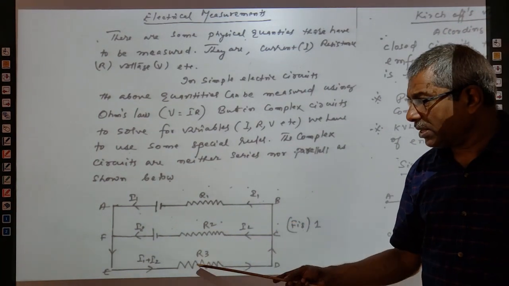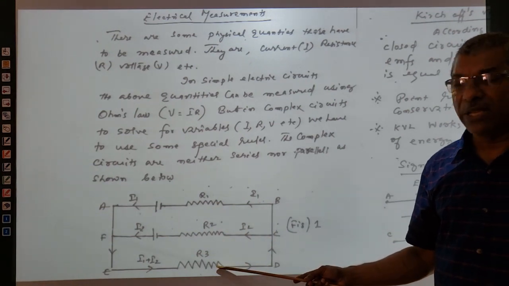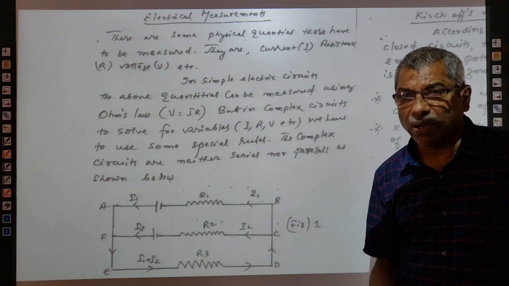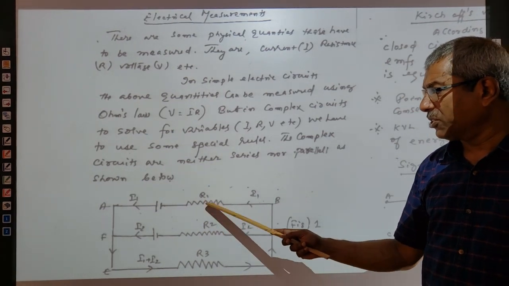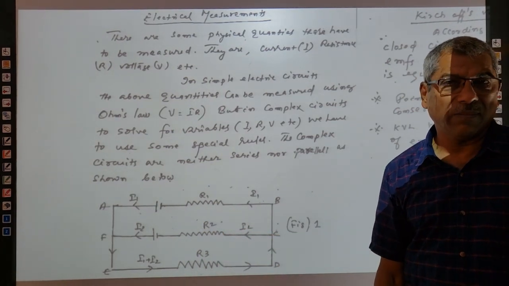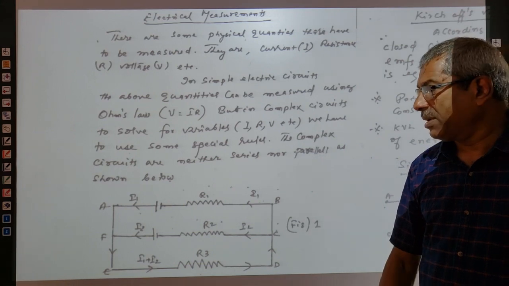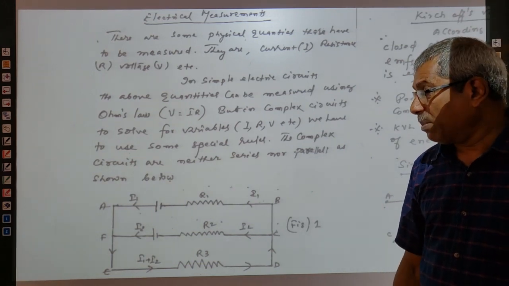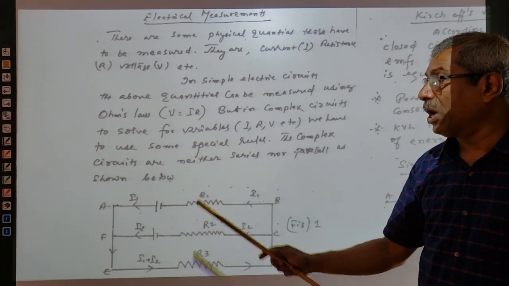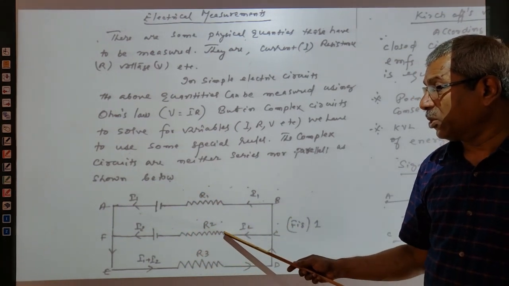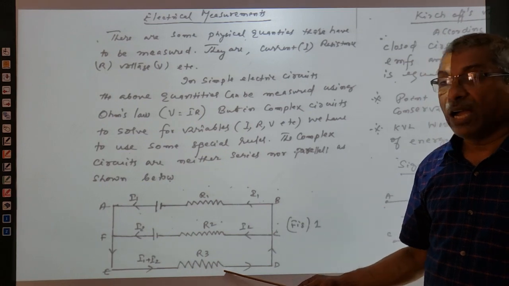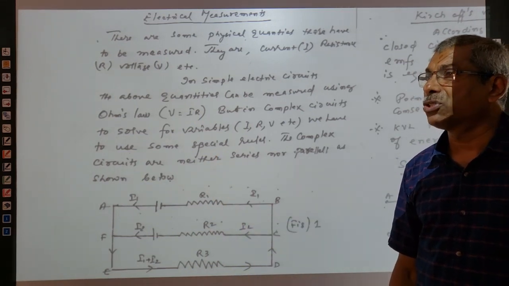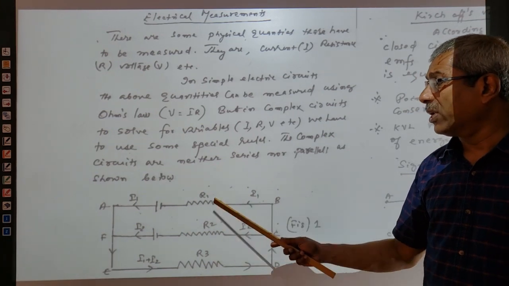So here is shown a complex circuit. What are complex circuits? I told you that is neither series nor parallel. Now you cannot say that these resistors are in parallel, because in parallel, the voltage must be the same. But the voltages are different. Here it is I1 R1, here it is I2 R2, and here it is I3 R3. All the resistors have different values of potential drops or voltages.